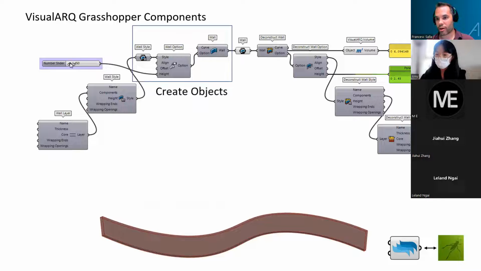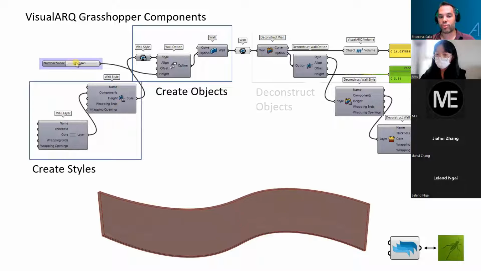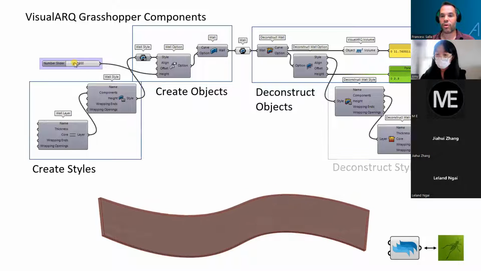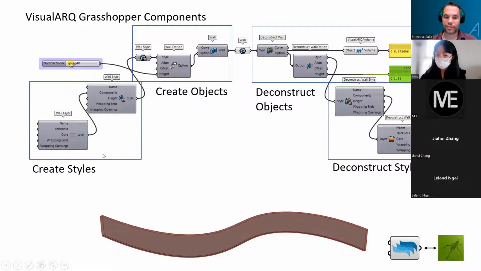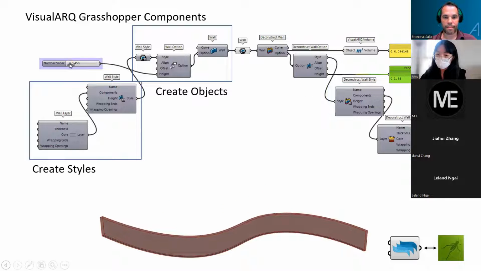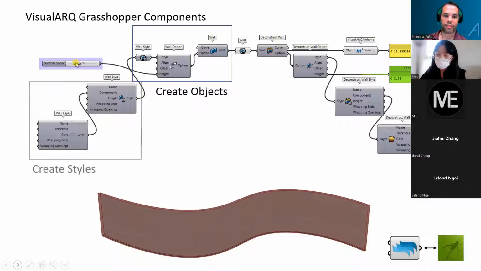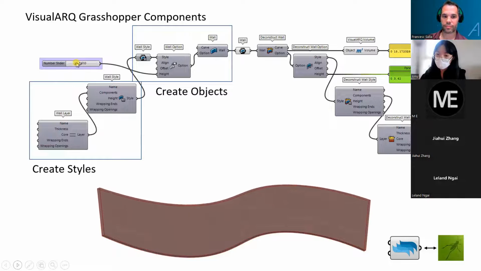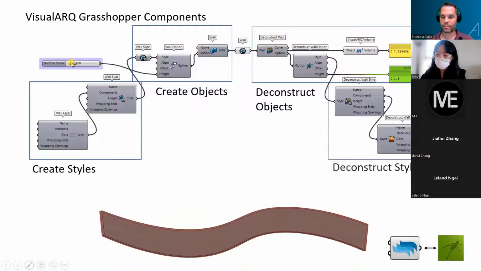There are components to create objects, components to create object styles, and then there are components to deconstruct objects so we can get the information of VisualARQ objects, or we can deconstruct the styles to obtain the information of these object styles. Okay. 好，左边这一边是创建样式，右边是解构这个样式。创建样式我们可以看到这个滑块，前面有对应的功能名称，另外我们可以左右滑动，去调整它的样式。